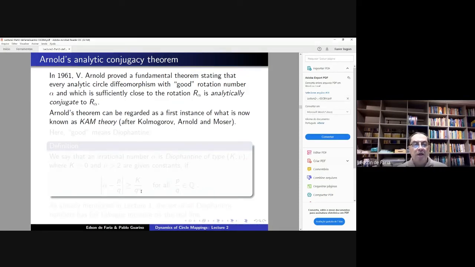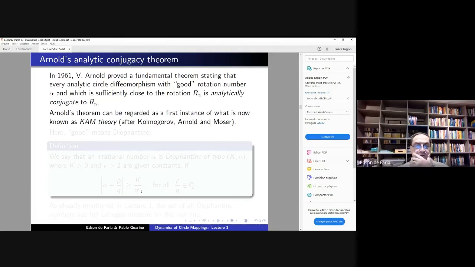So there's something called KAM theory, named after Kolmogorov, Arnold, and Moser, which essentially studies stability of Hamiltonian systems near a periodic orbit. Anyway, I'm not going to go into that, but a very special case of that in dimension 1 is the case of the one-dimensional torus, which is the case that was analyzed by Arnold.